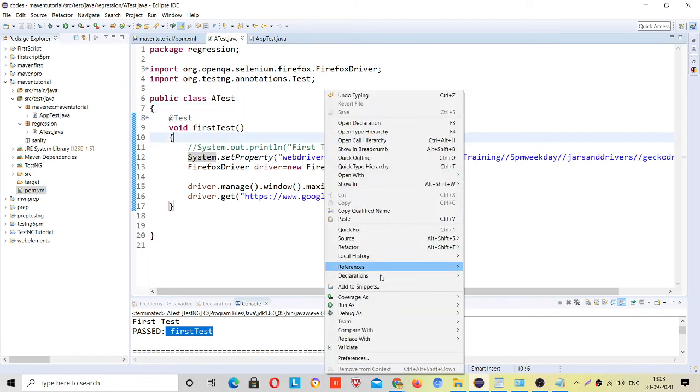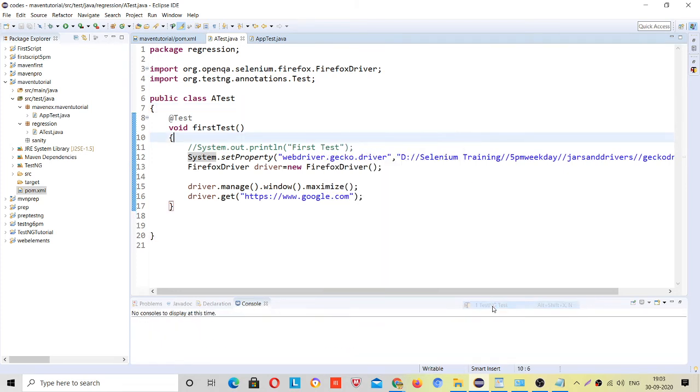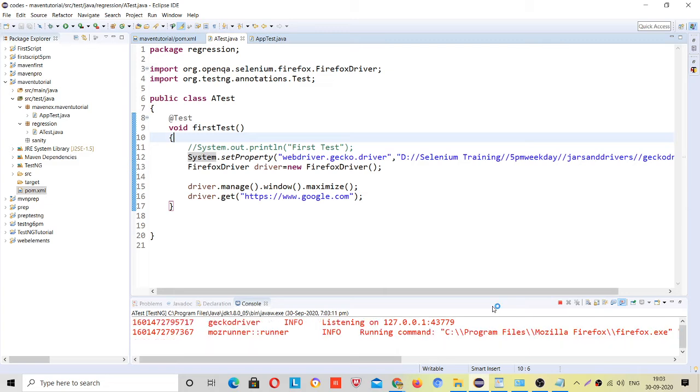Now run it. I have not searched for any jar file, I have not included any jar file in my code, but still it did it for me.